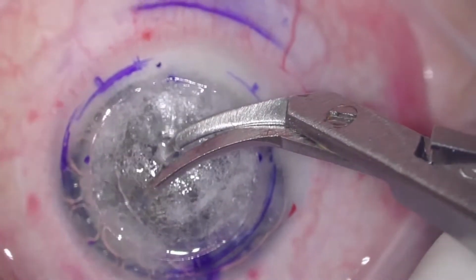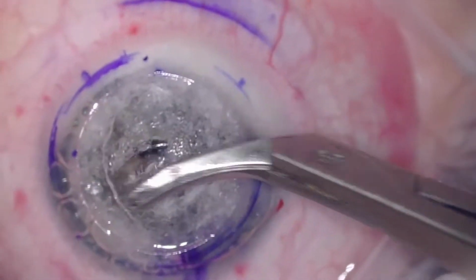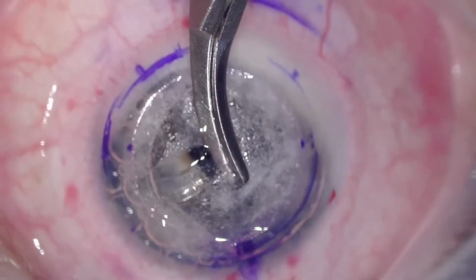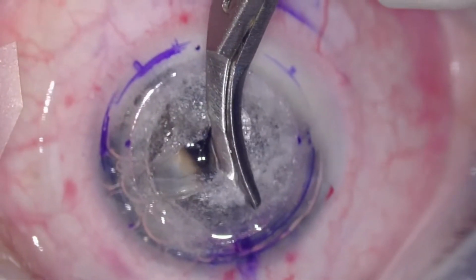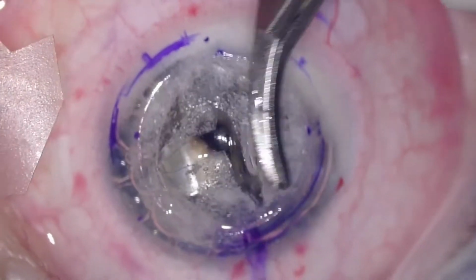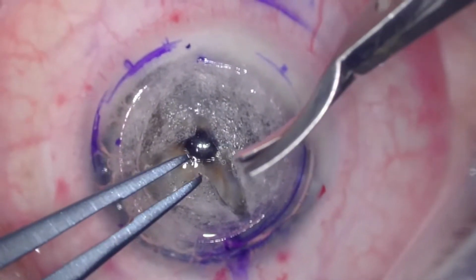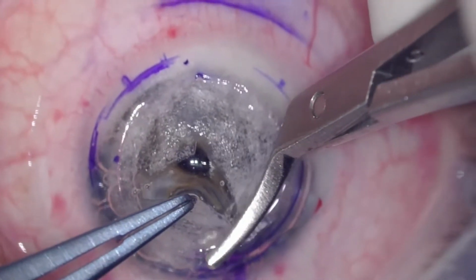So here I'm using my guarded DALK scissors to open up the pocket. I want to create 4 quadrants if possible. Sometimes you may need to create more cuts. So here I'm creating my first quadrant. You can see that the anterior chamber is still well maintained, and the AC is still full of the gas bubbles underneath. So here I'm just opening up the quadrant using a pair of Calibris just to lift the quadrant